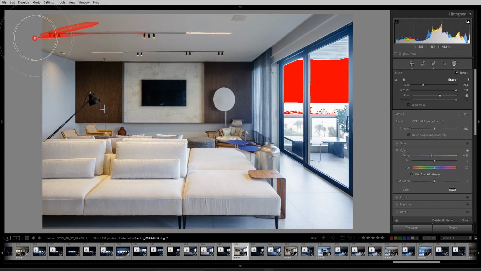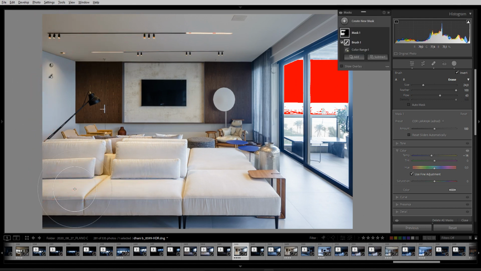A big tip that I give you guys if you want to do color correction within Lightroom: don't try and do everything all at once. Don't try and do the color correction on the entire photo. Sometimes it's better to do it in steps, in regions, using your intersect. A problem with color correction in Lightroom is that we don't have much control,